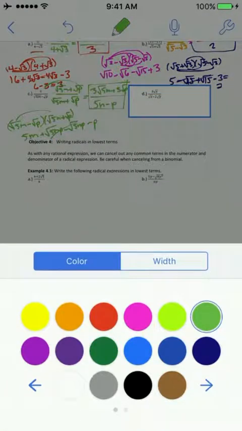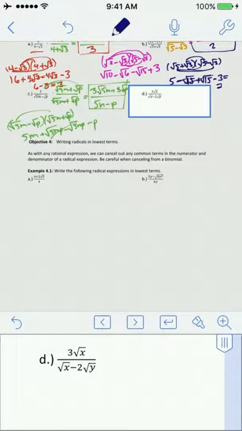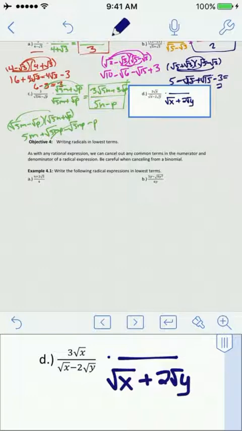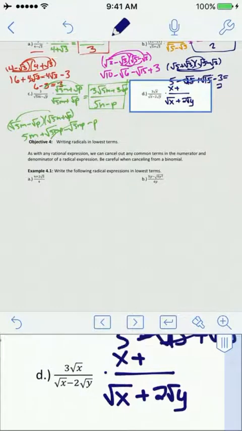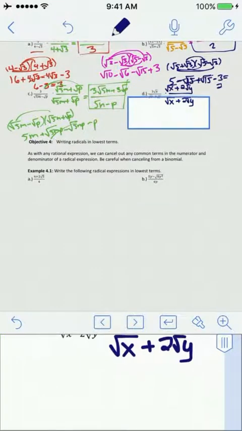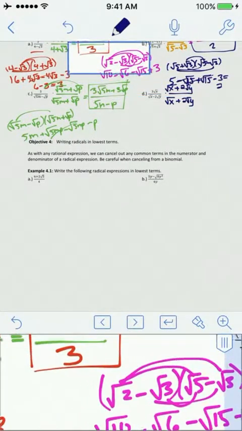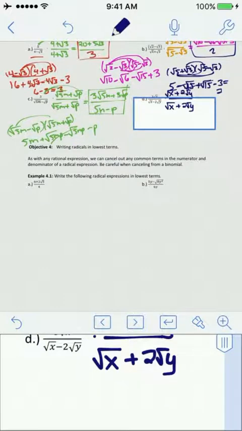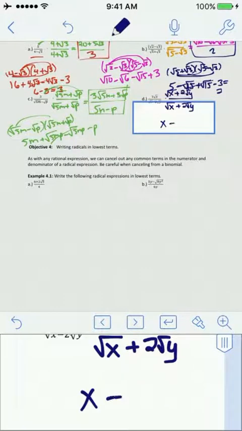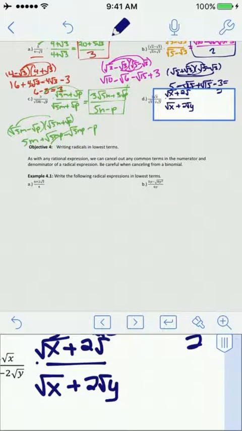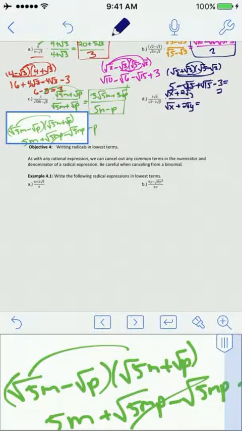Last one with conjugates. Alright, the conjugate of this guy would be, again, the opposite. So root x plus 2 root y, and therefore the same thing on the top. Multiply the bottom. By now, hopefully you can see the pattern that you end up getting the subtraction of the two. So x minus 2y, whoops, I don't know why I put it there, not cool, dude,